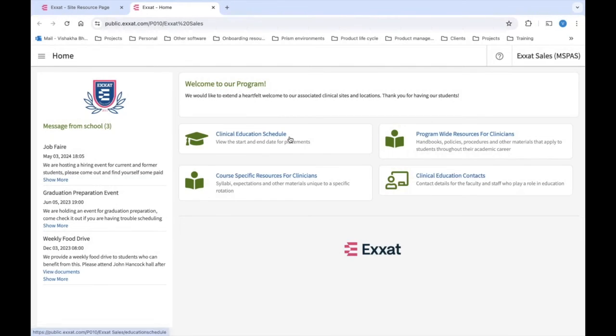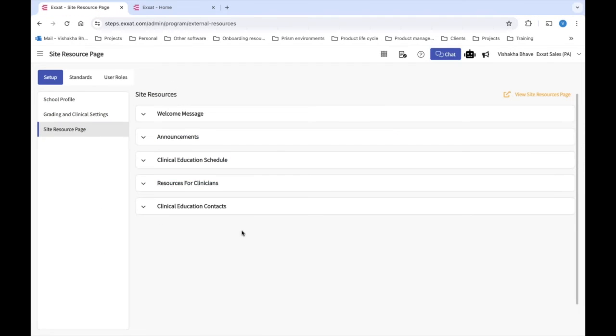They see the clinical education schedule. They see any resources that you have shared with them, like syllabi, handbook, and whatnot. They can see who are the contacts from your program that they can get in touch with. So again, you get to customize how much information, what information, and when you want to share this. So this is another example of